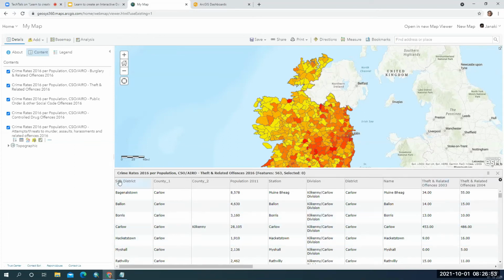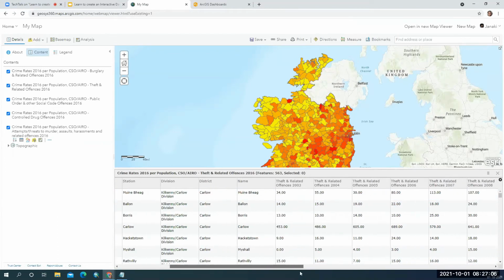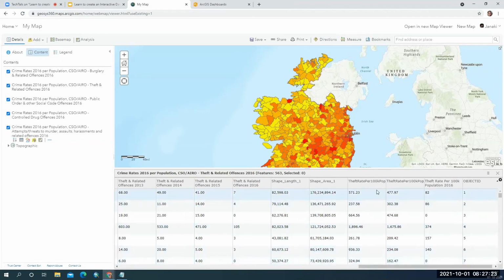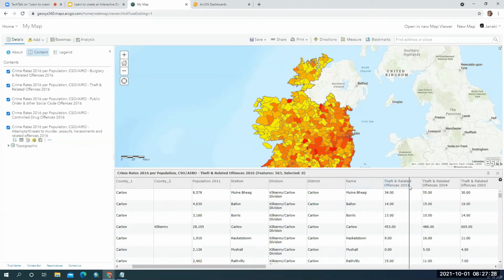Okay, so you can see here the sub-district, in which country, what the population is, at which police station that crime has been recorded, under which division, what the district is, what the name is, and how many cases have been registered in 2003, 4, 5, 6, 7, 8. So a lot of information here. And what is the theft rate per 100,000 population? Okay, so we are going to use all this information